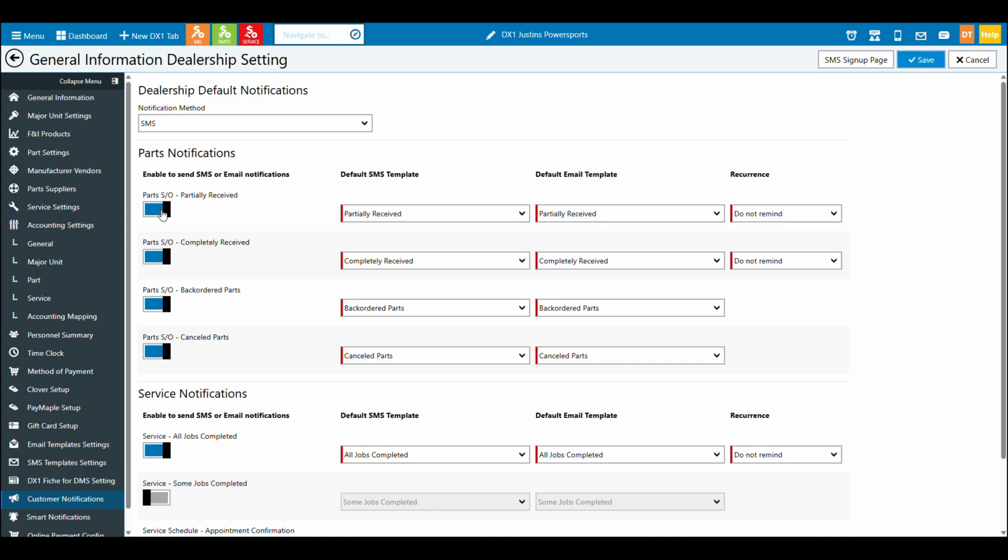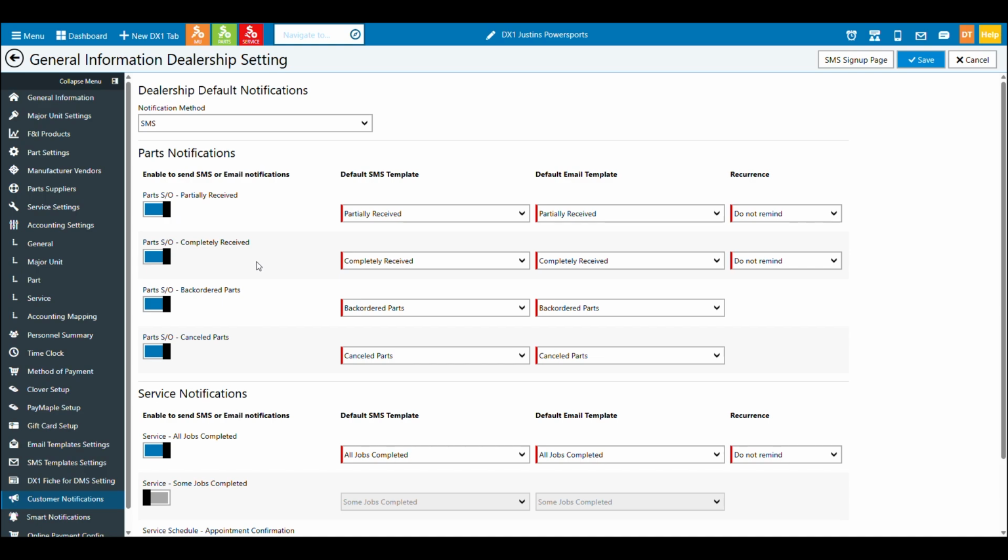You've got to think this through because in some cases it could be good. Maybe you're getting a helmet and some gloves and some apparel where all the pieces aren't necessarily interacting. So you'd like to get the helmet now and the jacket when it comes in and the gloves come in. On the other side of things, we might be ordering a whole bottom end for an engine. So I may not want to let my customer know that these parts are here until they're completely received. So again, you have to understand your customer base and your store policy.